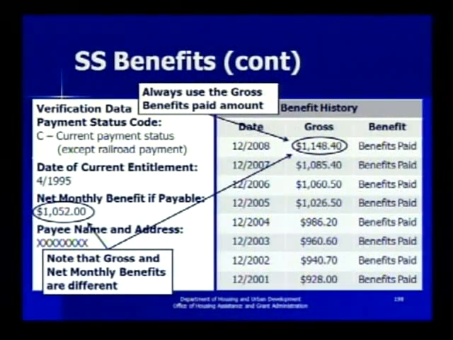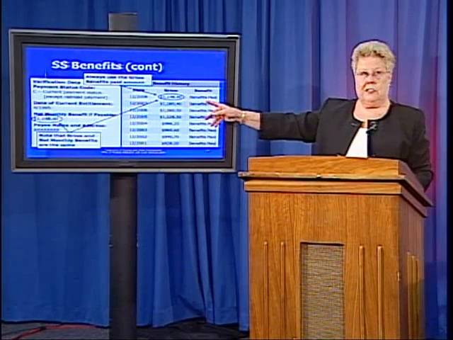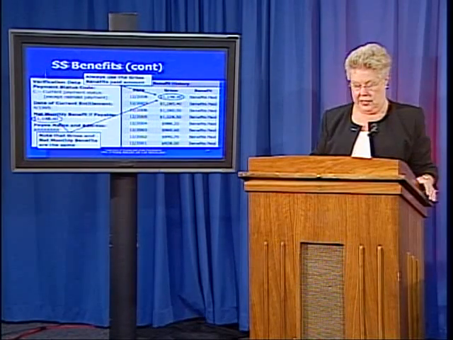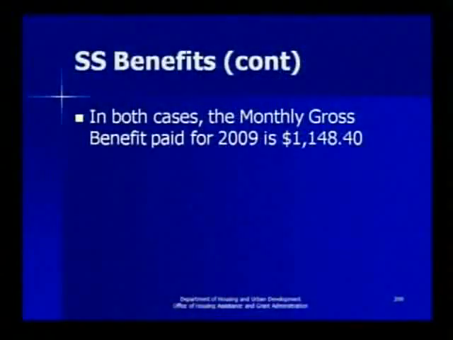And on the next slide, you would have that the net and the gross are the same, and this would be your indication that probably they may have the medical insurance and somebody else is paying their premium, so they're getting their entire check. But regardless of the fact, in both of these instances, the gross benefit paid is